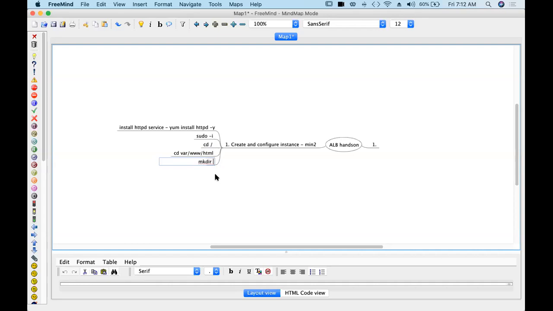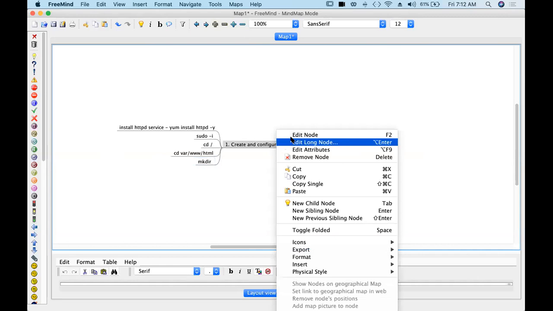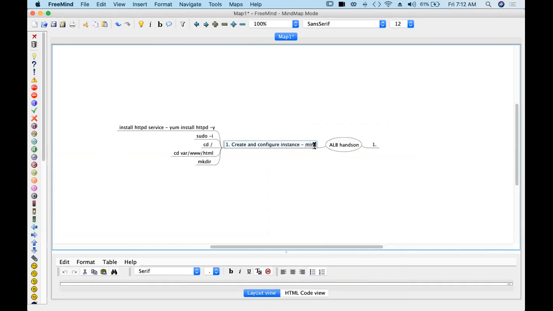And then make directory. The example we took, we have taken two paths. One is fashion and another one is electronics. So this is for instance one, say for example. This is step one, and yeah, mkdir fashion.